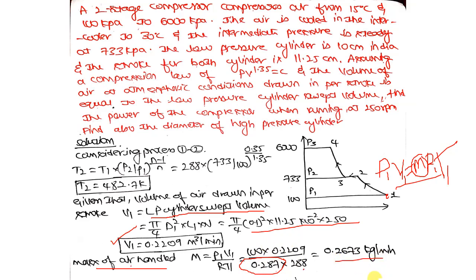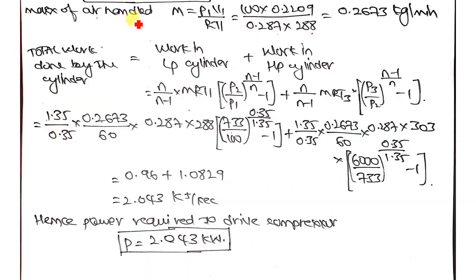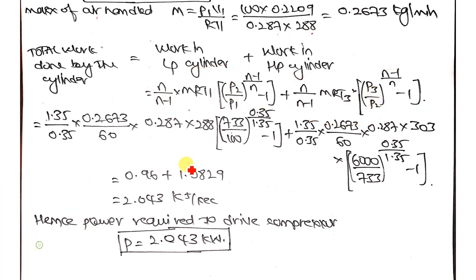Okay. Next. Total work done by the compressor is the work done in the LP cylinder and the work done in the HP cylinder. So apply the single stage air compression process formula, this expression here, for both the cylinders. So for the LP cylinder it is this, and for the HP cylinder it is this. You have to change the values of T1, P2 and P1; they will be changed to T3, P3 and P2. So you know all the terms in that particular formula. Substitute the whole thing here like this. Once you calculate it, you will get 2.043 kilojoules per second.